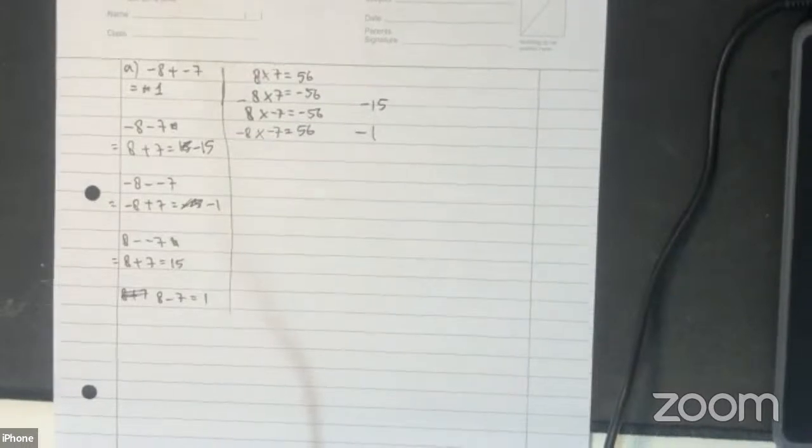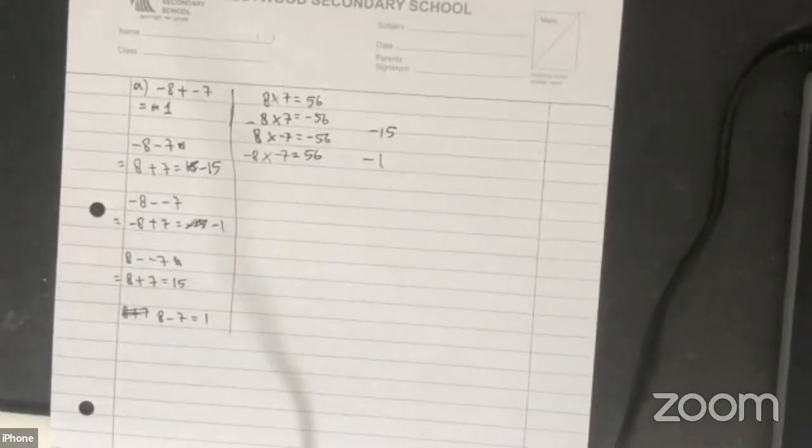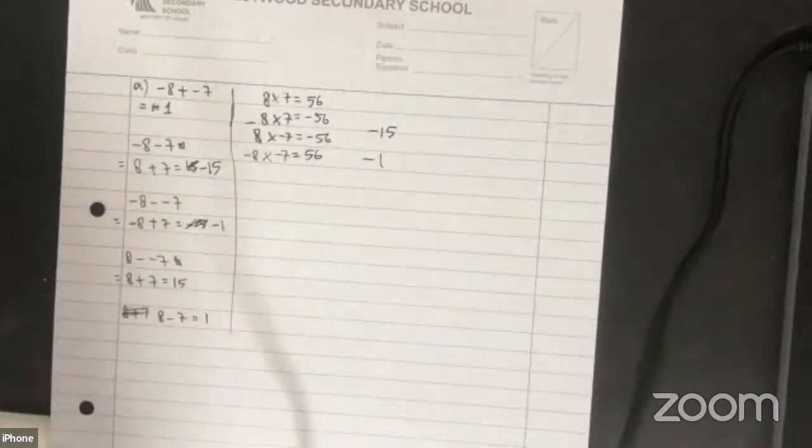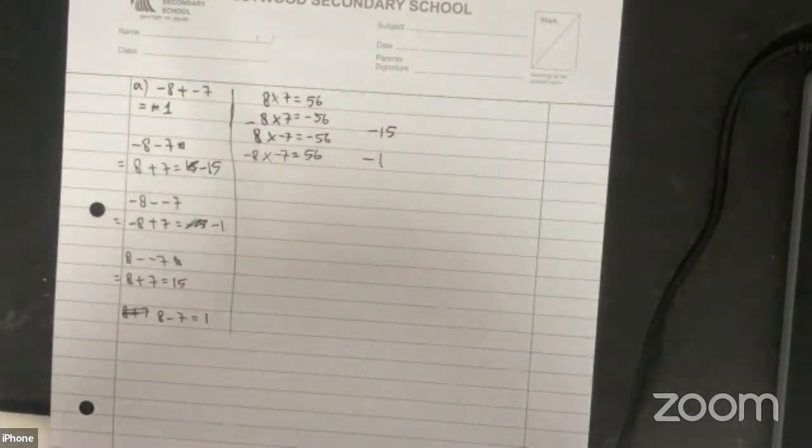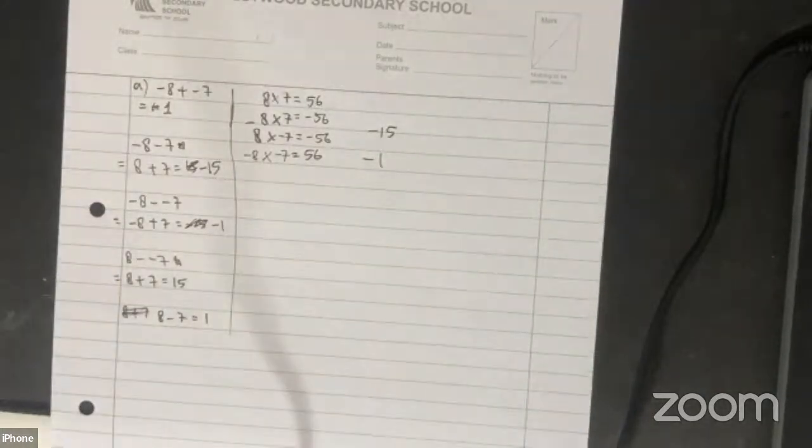very quickly without looking at your work. -8 plus -7 without looking at anything. What do you think is the answer? Wait, what was the question again? So I am asking you to focus on my sound and don't look at anything. This is totally different from doing math. I just want to know. -8 plus -7.